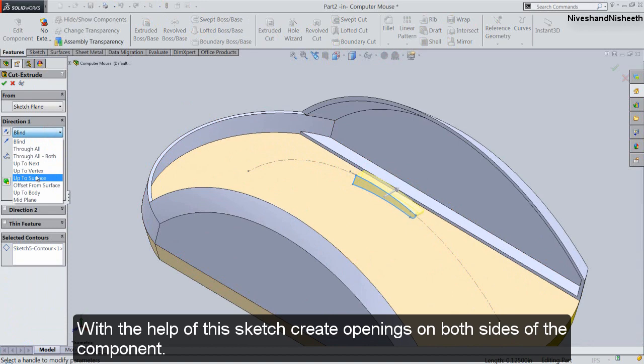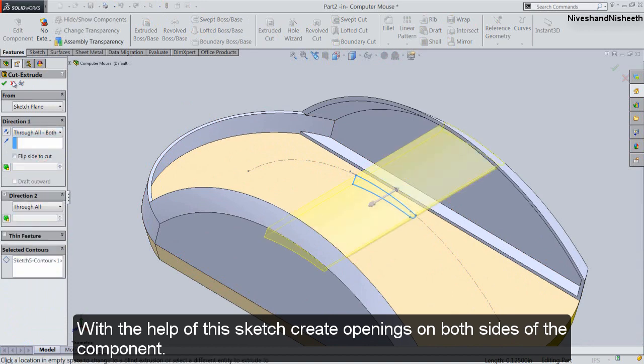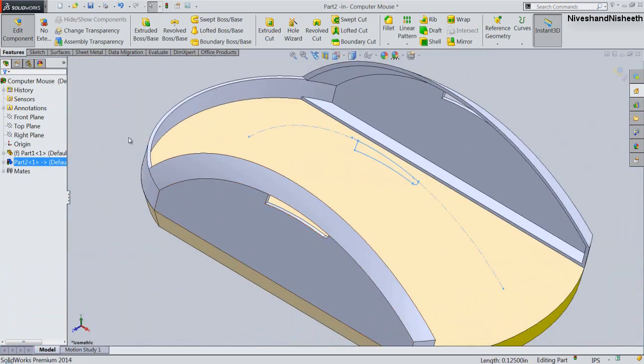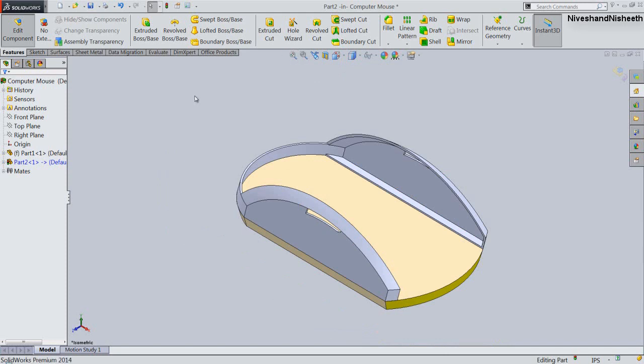With the help of this sketch, create openings on both sides of the component. Save the file.